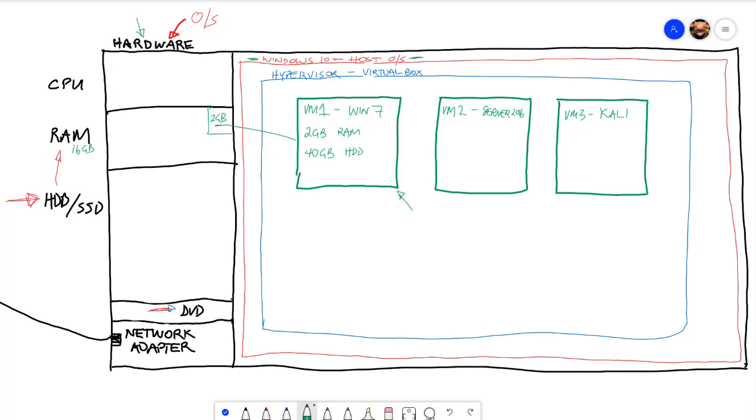Now, what this is going to be, it's going to be a single file. So this 40 gigabytes of hard drive is effectively, in our particular physical machine, going to create a single file